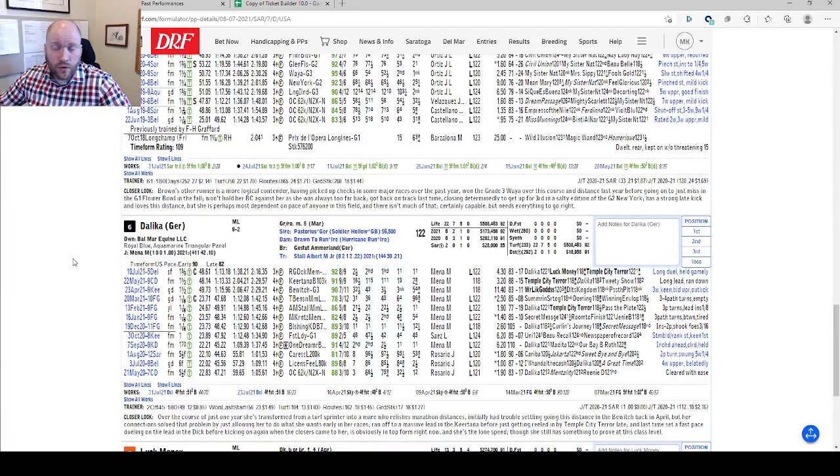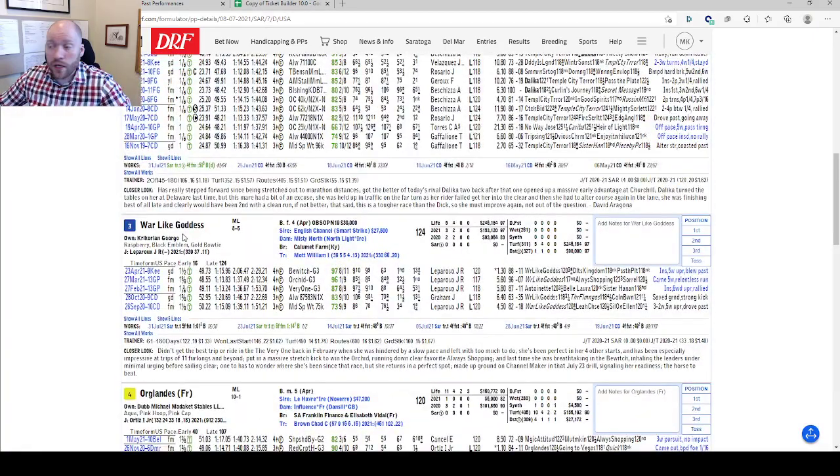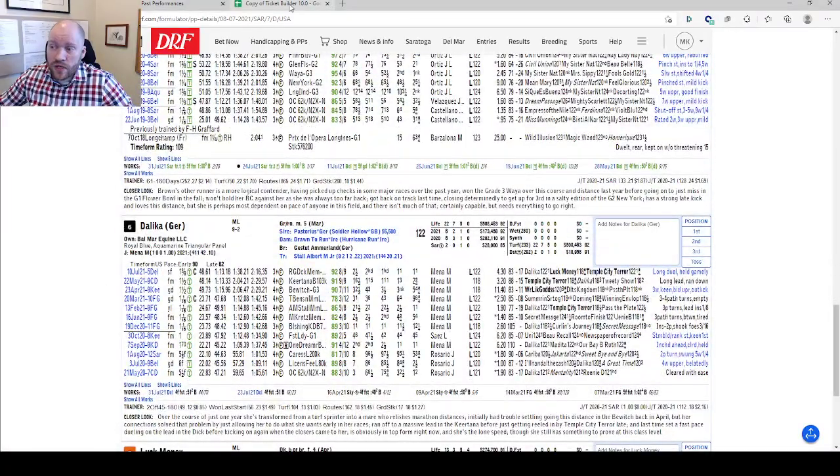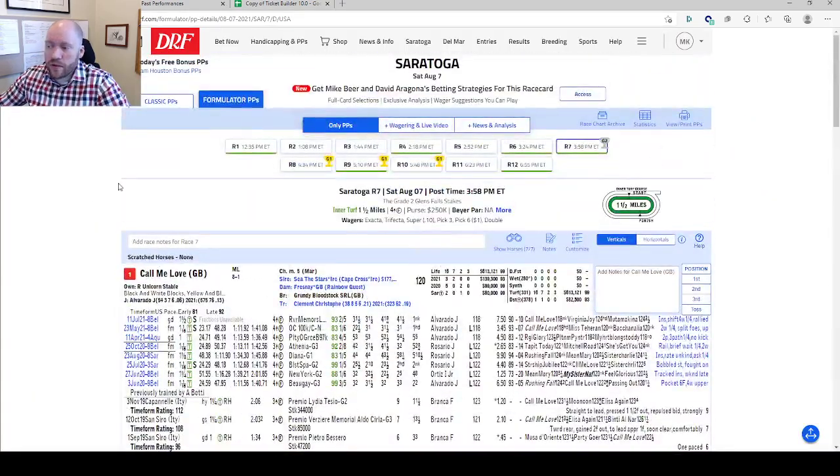I think Delika is controlling pace in here in a race with pretty much no pace. And Caleb did mention this last night. Warlike Goddess, I think Josh mentioned it as well. I don't want to ostracize Josh, but I think Warlike Goddess has fired in the past into very slow paces. So it's a horse that you have to give respect for being able to do so. And I think Delika is the horse in here that's going to be making the pace. So I want both of them as A's with how I sort of approach things. The other horse I was a little interested in, Call Me Love, does make a little bit of sense. I wish Junior was riding it a little better than 6%.